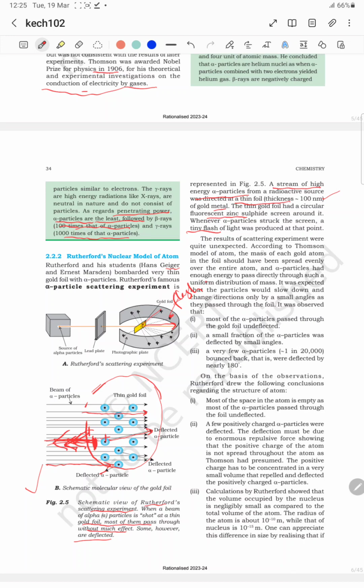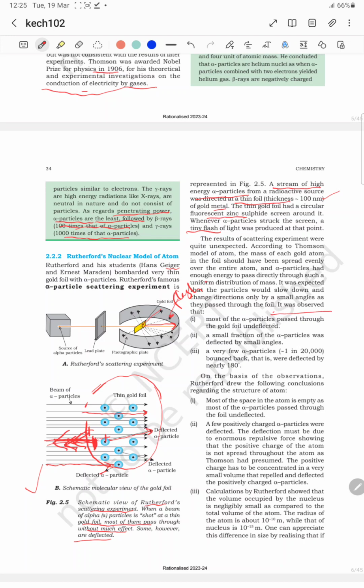According to Thomson model of atom, the mass of each gold atom in the foil should have been spread evenly over the entire atom, and alpha particle had enough energy to pass through such a uniform distribution of mass. It was expected the particles would slow down and change direction only by small angles as they passed through the foil. It was observed that, तो क्या observations थी,